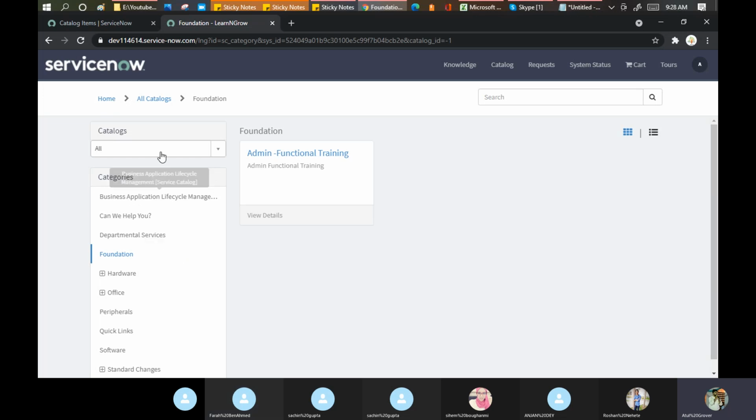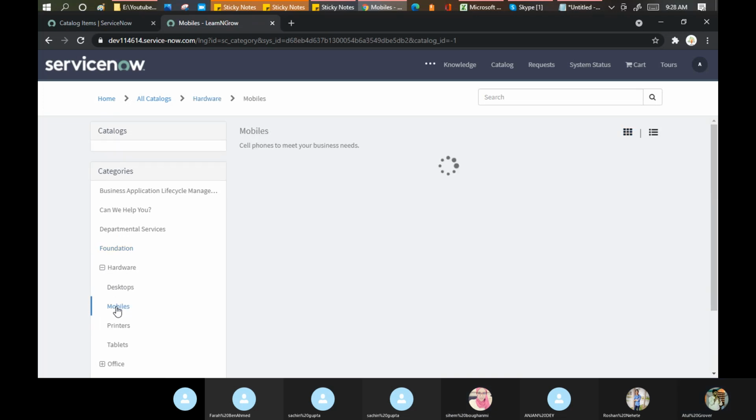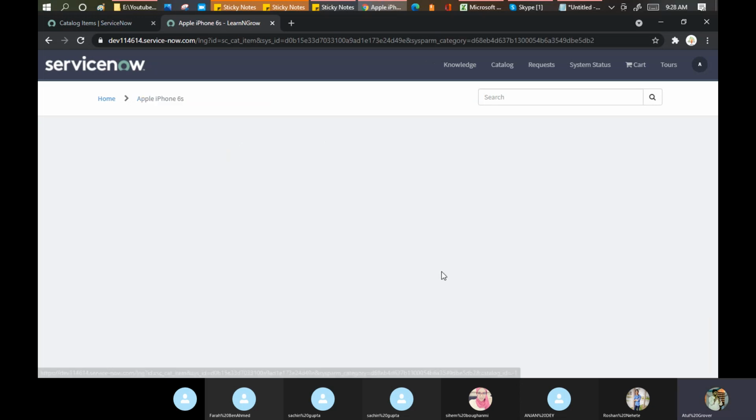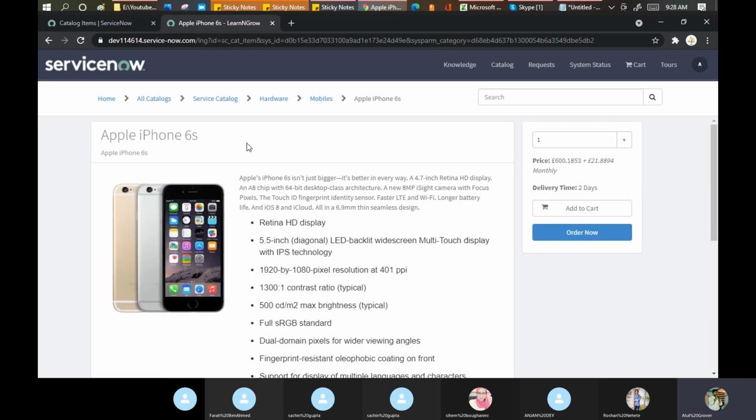Now let me open this. Yesterday we did the hardware and mobile. Today we created one item like this. This item is appearing in mobile as a category. Mobile is appearing under the category of hardware.